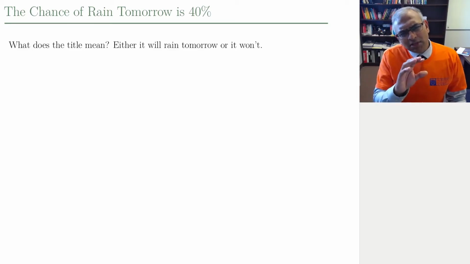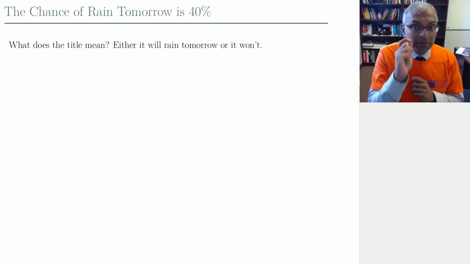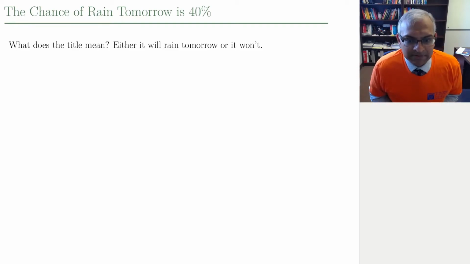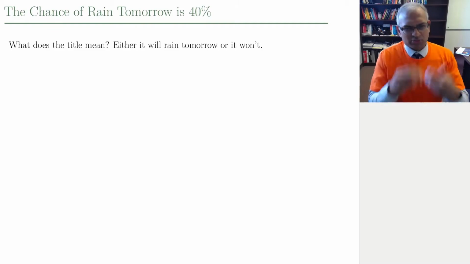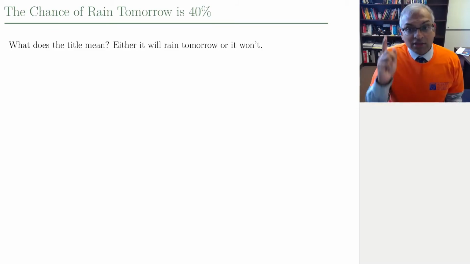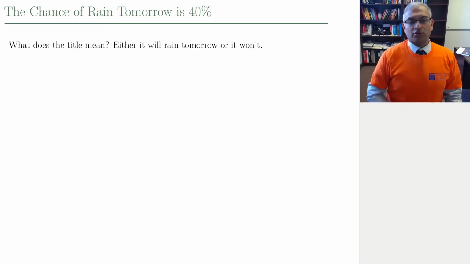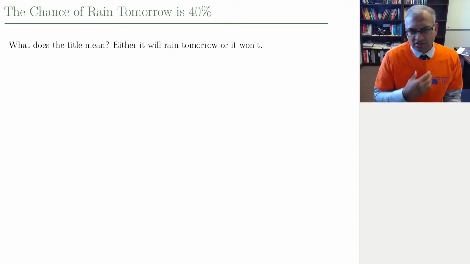So what it's sort of intending to convey is a more practical, more objective view of the world. Imagine if we repeated tomorrow 100 times. Did I say more practical view? Well, let's just play along a little, because we're just trying to interpret this statement. Imagine if you could repeat tomorrow 100 times, then on 40 of those days it's going to rain. That's what that sentence is saying. That's the frequentist view.